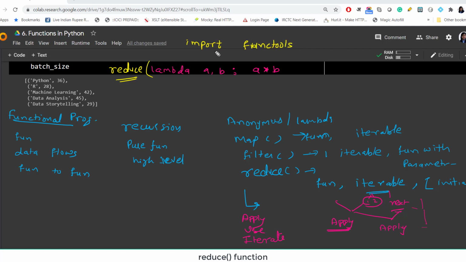So from functools we need to import reduce, or if we are importing the entire module, we need to write functools.reduce like that. This is the function. Here we need to give some iterable, so any list or any iterable we can give here. And optionally we can give some initial value. Because it is optional, it's written in square brackets.